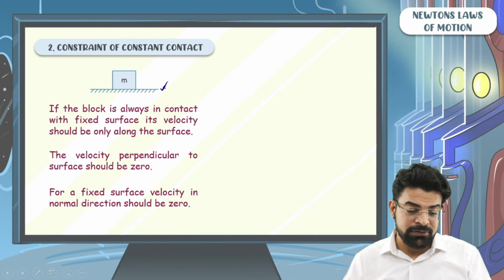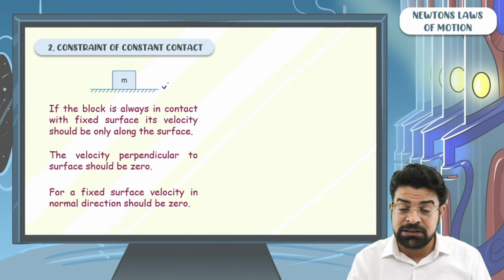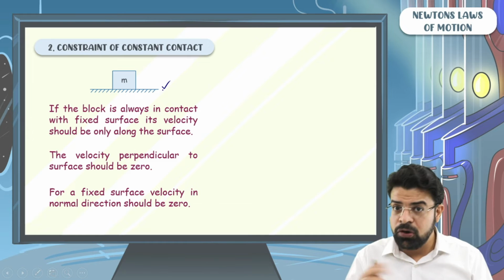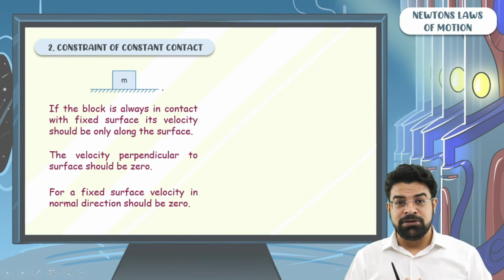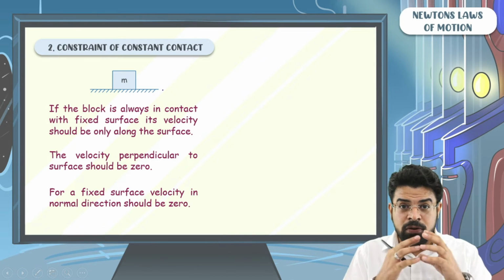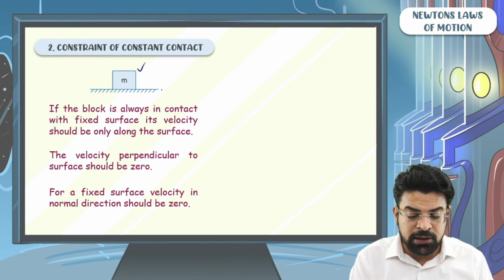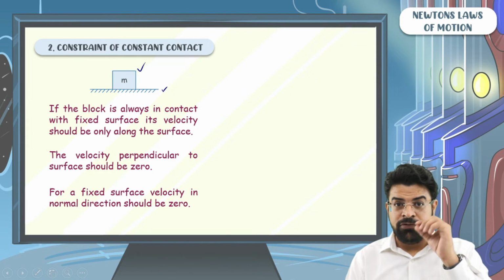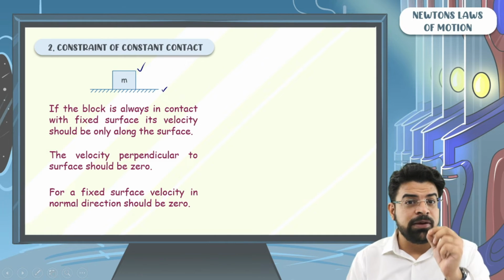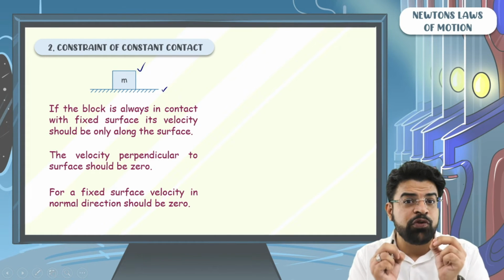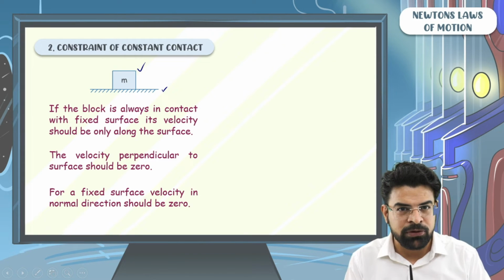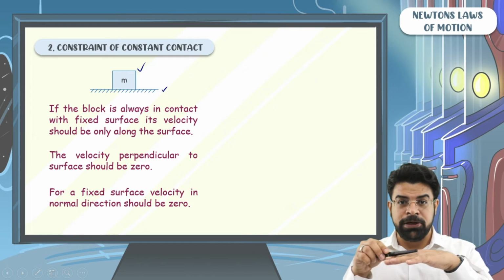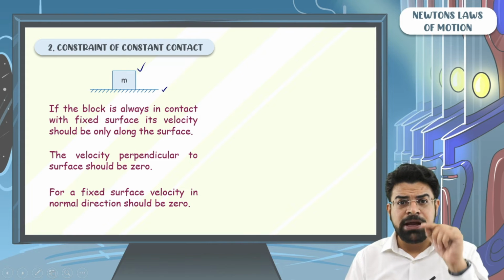But what if the second surface is not fixed, as we will see in some of the examples following? Then we have learned a beautiful chapter called relative motion. If we look at the motion of this block in the frame of the surface, the surface says, I am fixed, I am static, I am not moving. This block is moving on me. So in the frame of the surface,